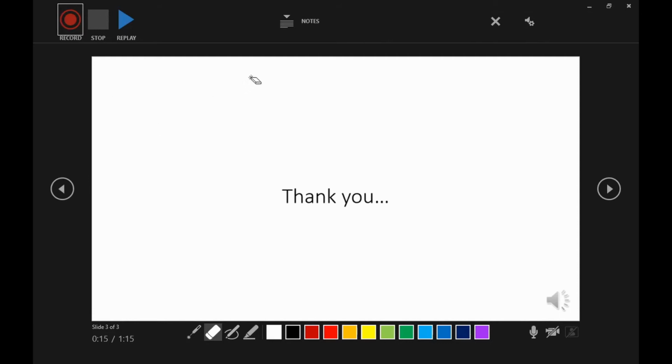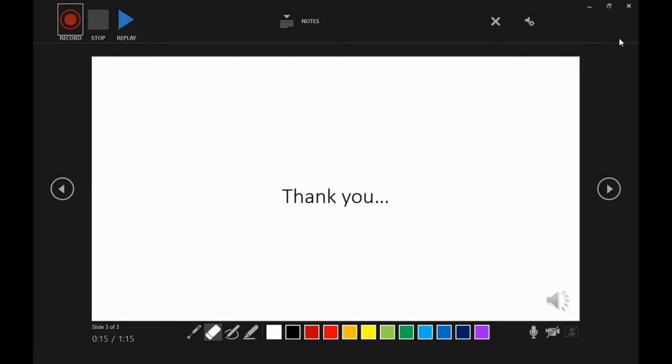And now what we have to do is look for the 2 cross marks here. One larger cross mark just above the presentation, it shows clear existing recording. By mistake, never press on this particular clear existing recording option. Otherwise what will happen is that all your video recording will get lost.